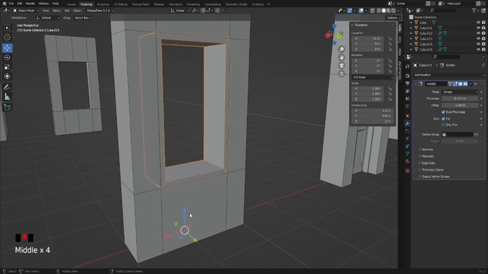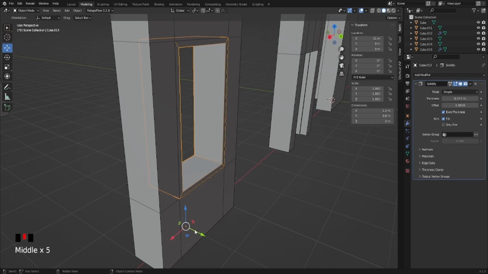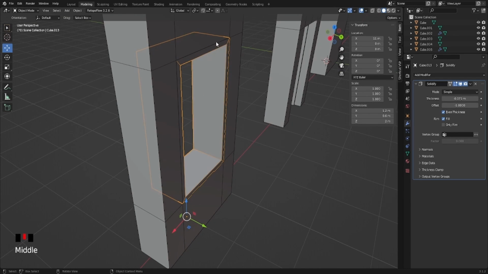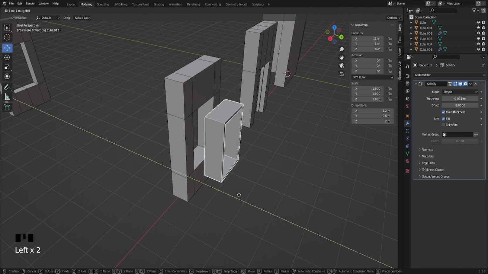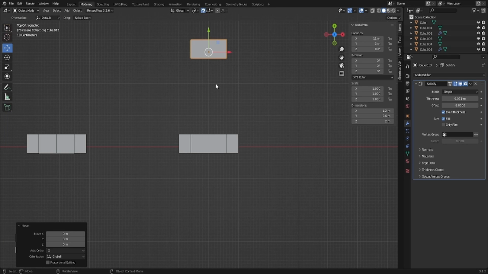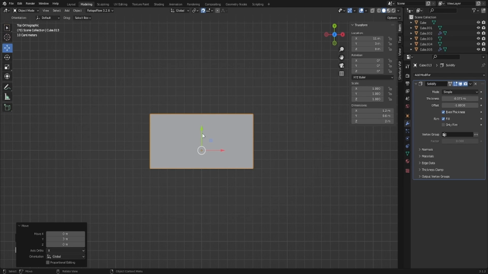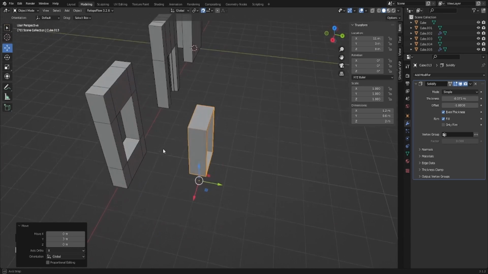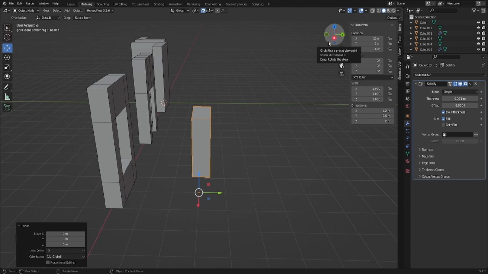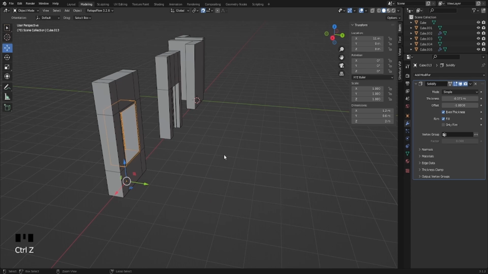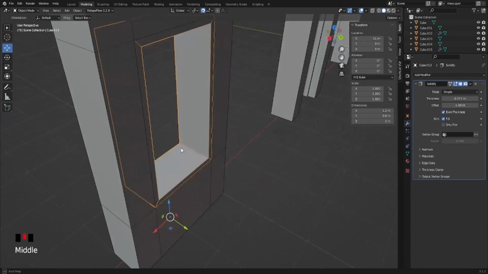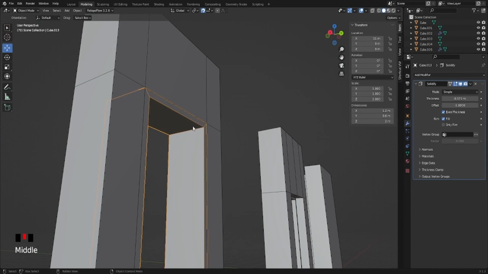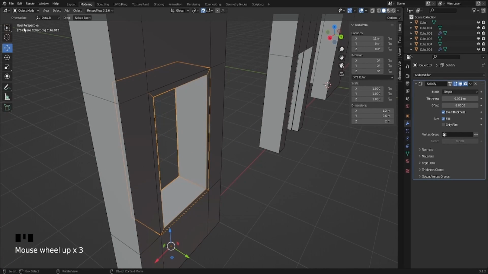Now, see, we can't scale this the same way we did the last because the pivot point here isn't centered. Remember, we added the offset to this. So to show, I'll go into top down, and you can see it's not centered to the object. So what we might need to do instead would be to eyeball this. So I'm just going to press Ctrl Z, move that back, and I think I want the frame to be further to the front of the window anyway,